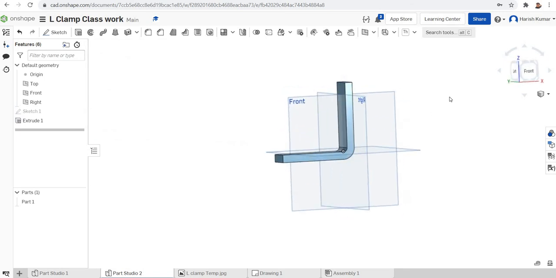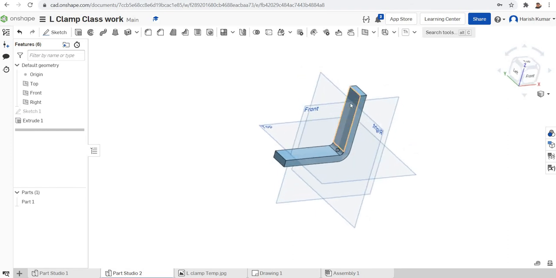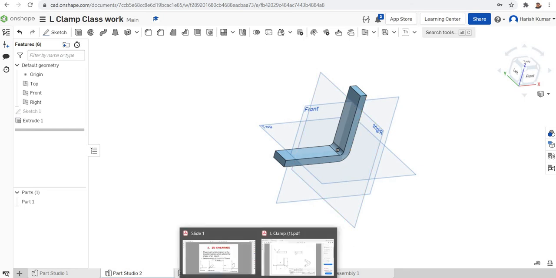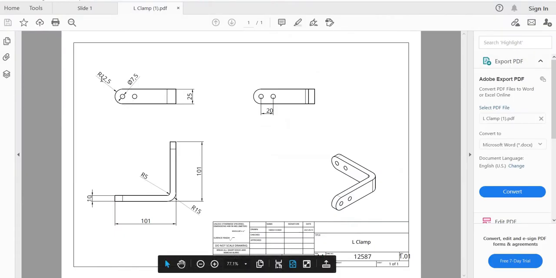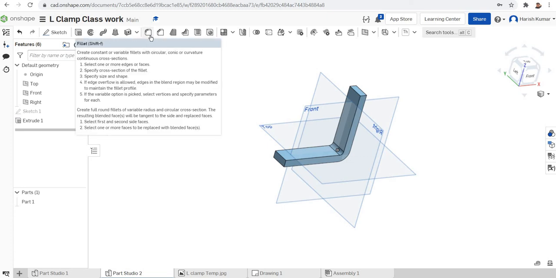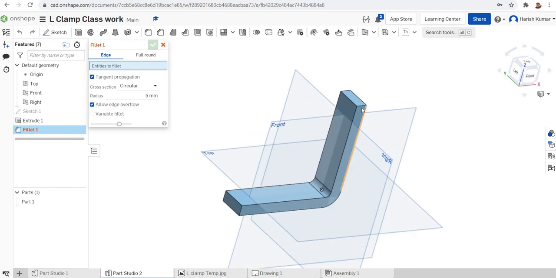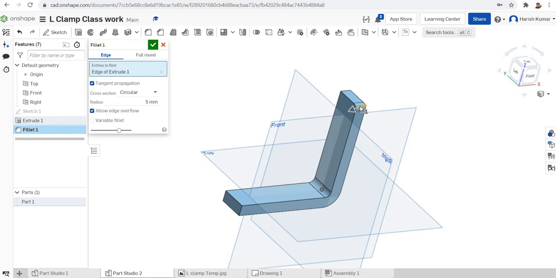That is finished. Now the basic shape of the L clamp is over. The remaining is we need two holes here, and there should be a round face here. That round radius we can measure from the dimension. It is 12.5, half of the width. For that we can directly go to the filleting option, 3D filleting from the feature menu. Click on that, then go to the edge where you wish to make the fillet. Click here and you can define the radius. Click this edge also,